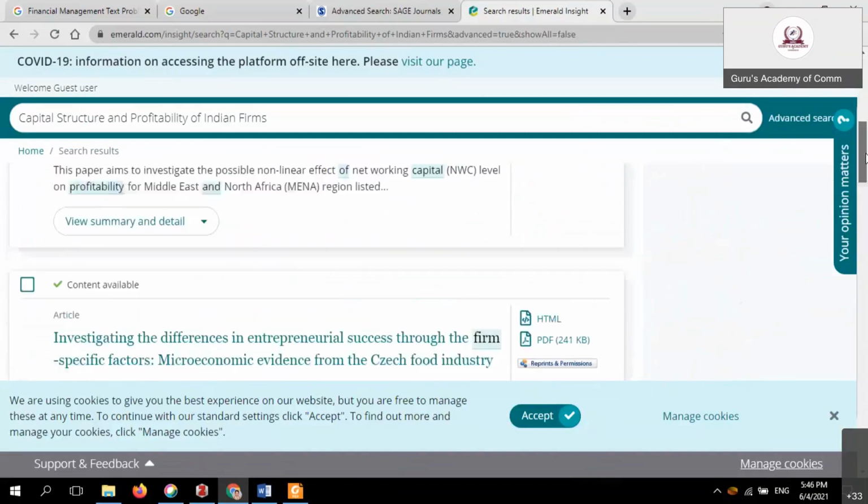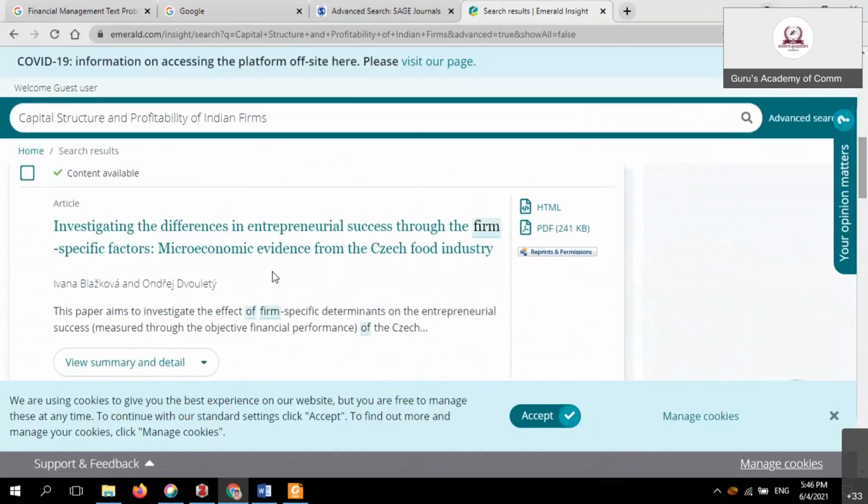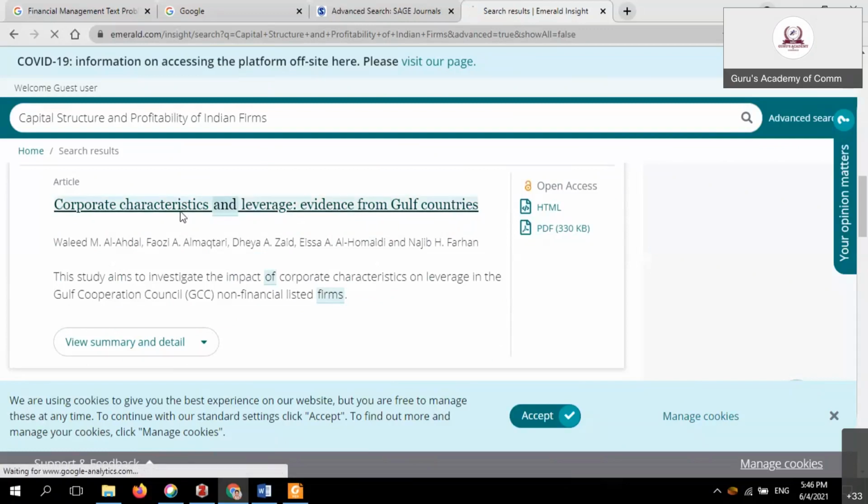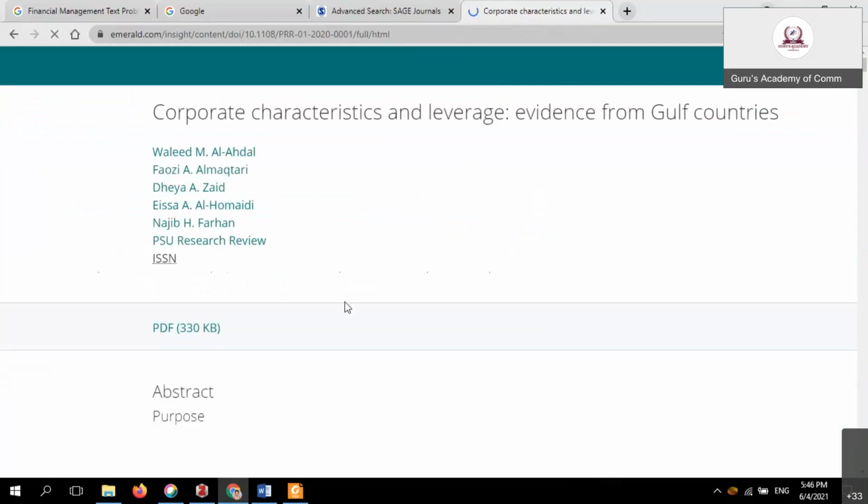No need to collect that particular topic. Simply search for the relevant one: corporate characteristics and leverage. Leverage is almost relevant for our research, capital structure. So simply click the title and get the DOI number. Click the DOI number.